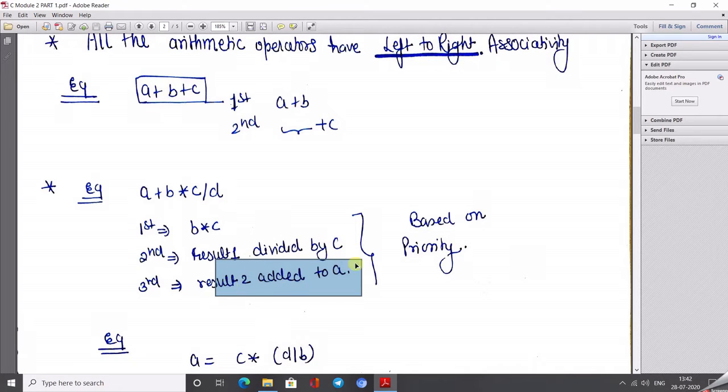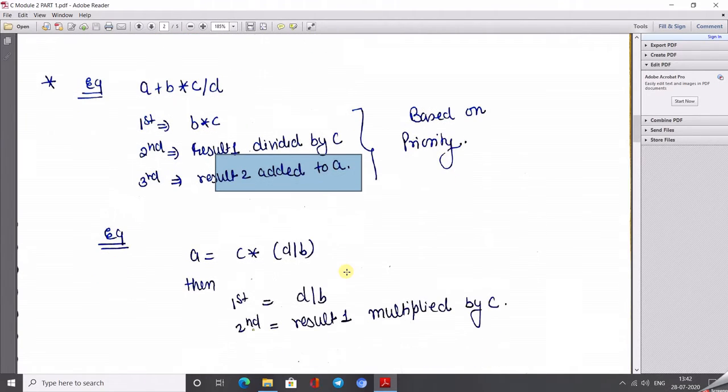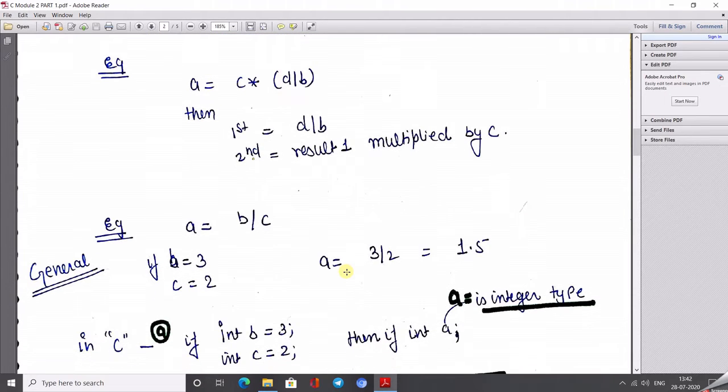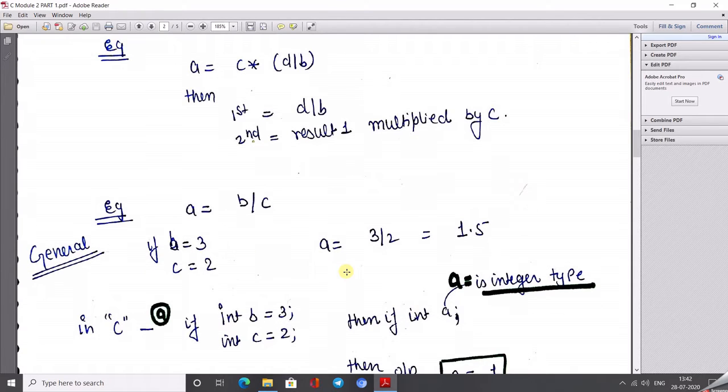Result 2 is added with the value A. This is exactly how it is performed in a computer programming language based on priority. It is not much different from mathematics, because the logic behind programming languages comes from mathematical knowledge. So this example is basically an example of the assignment operator. I have an expression where a number of operators are used, and the whole value on the right hand side of the assignment operator must be calculated first, then assigned to the variable A.